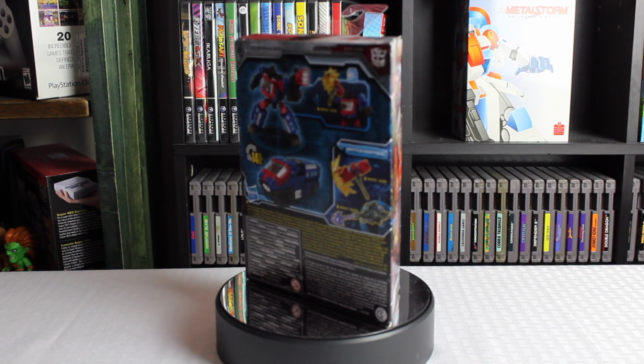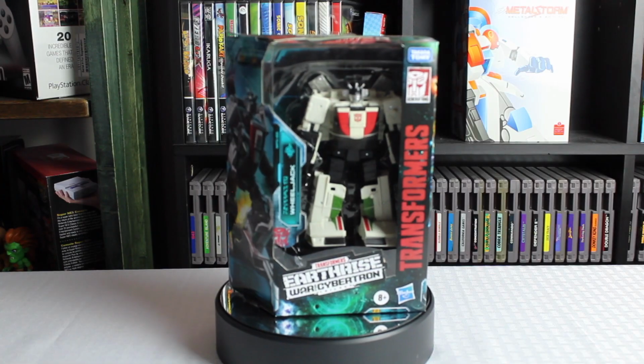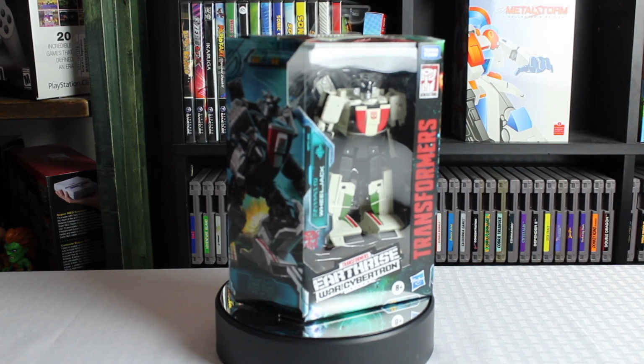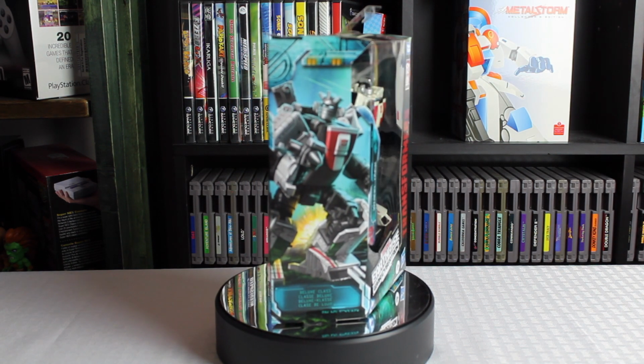Then for the Earthrise class, I don't have many Earthrise. I got maybe a handful, so I'm going to try to collect those. I got the Wheeljack Deluxe class from the Earthrise series. Still got quite a few deluxe classes that I got to get for the Earthrise. I think I only got a couple. And then I saw